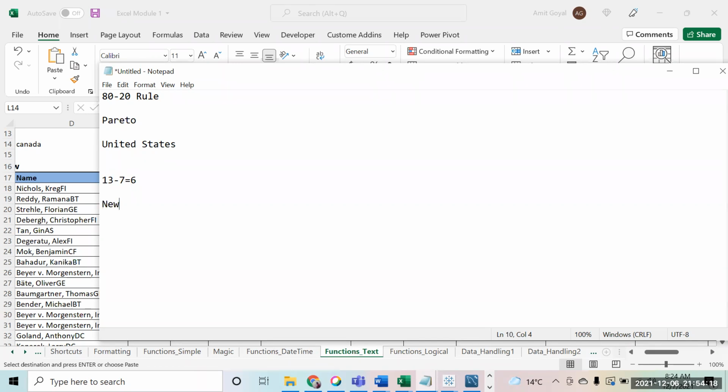Same way, if I have New York, in New York you have a total of 8 characters. So if I say 8 minus, with the space coming at 4, you are left with 4 characters. That is the number of letters you have in New York. So that is what will give you the output. Can you try this?